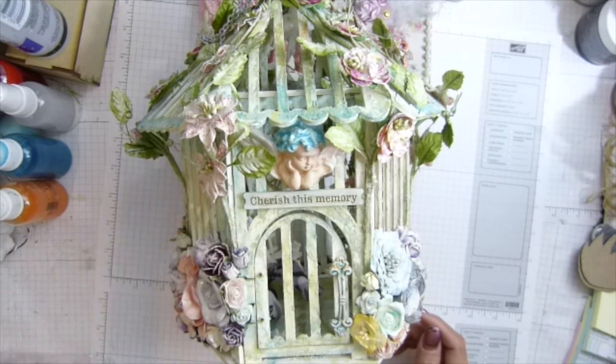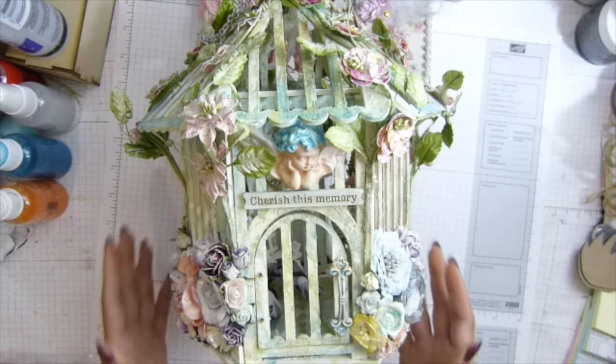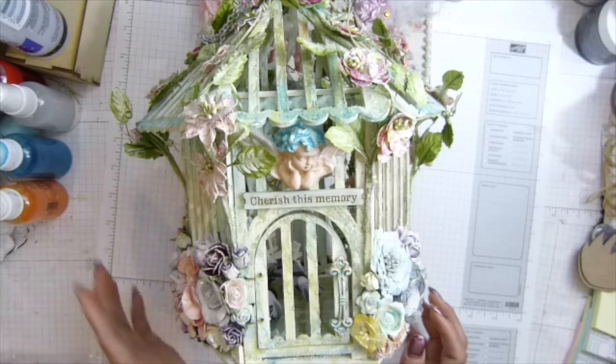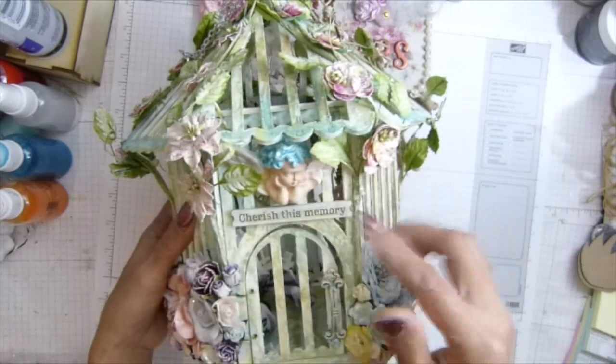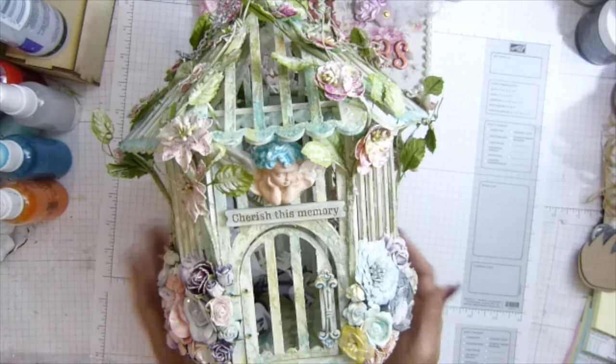Okay, so let's see, I call this my big bird cage, guys, because I have the standing one and the small one, so I might make more different styles of the fence around the cage. Anyway, what I did was, I started with